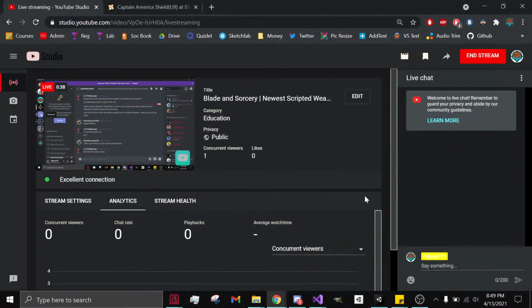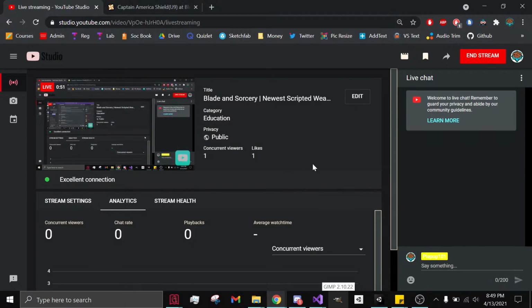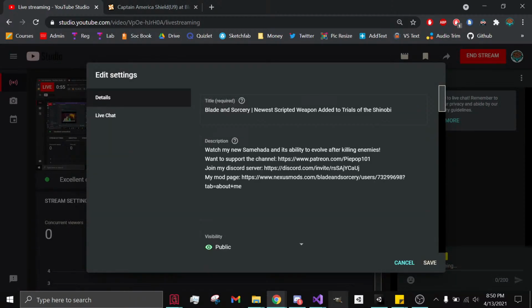Okay, perfect. What's up guys, Pipe Up 101 here. Today I'm going to be showing you a little bit of my process on how I update mods, because I don't do it necessarily like everybody else, but